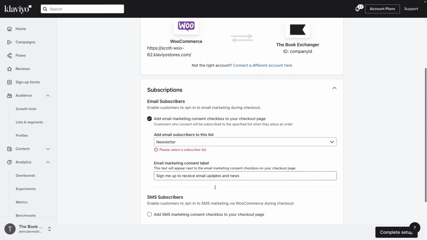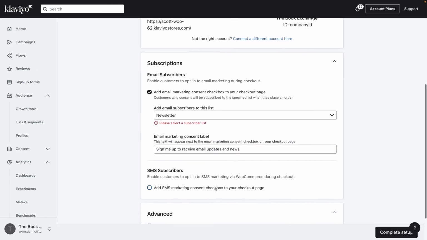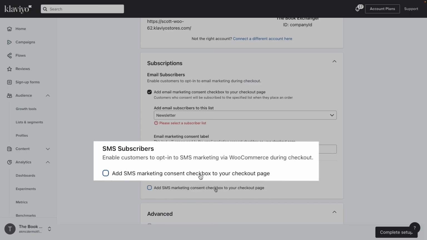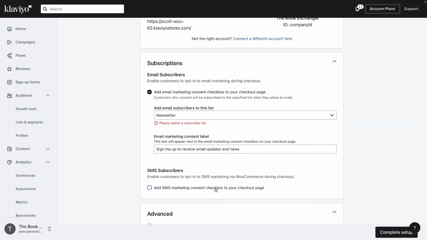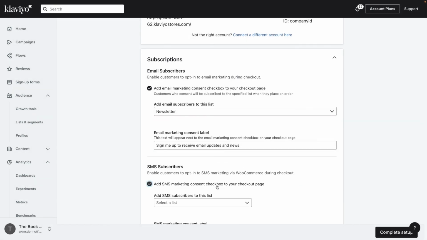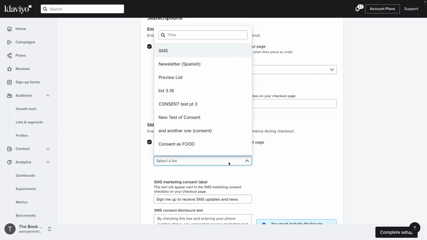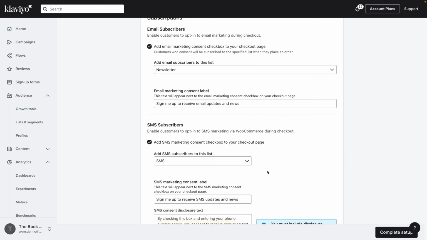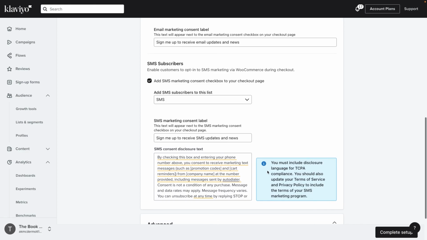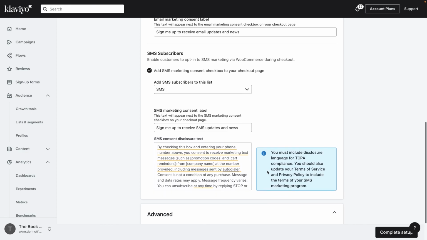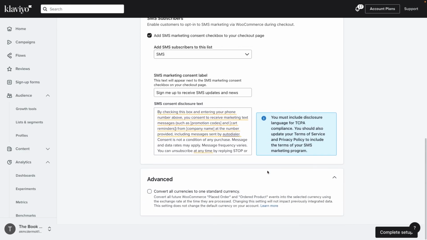Next, you can check the box next to Add SMS Marketing Consent checkbox to your checkout page if you want to add this option to your WooCommerce site and you've already set up Klaviyo SMS. If you haven't set it up yet, you can always return to this page later to add your SMS settings or edit any other settings. You can do this by clicking on your account name in the lower left corner, selecting Integrations, and then selecting